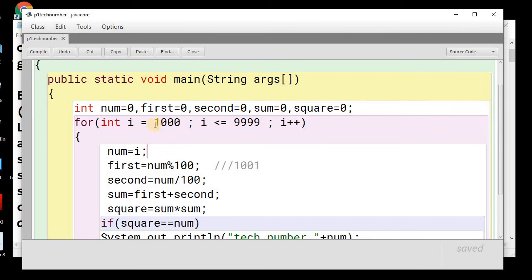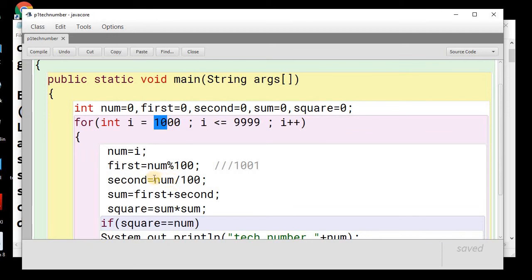If we divide a 4-digit number by 100, we receive the remainder as its last two digits. So in this case first will hold 00, and on dividing we receive the quotient.